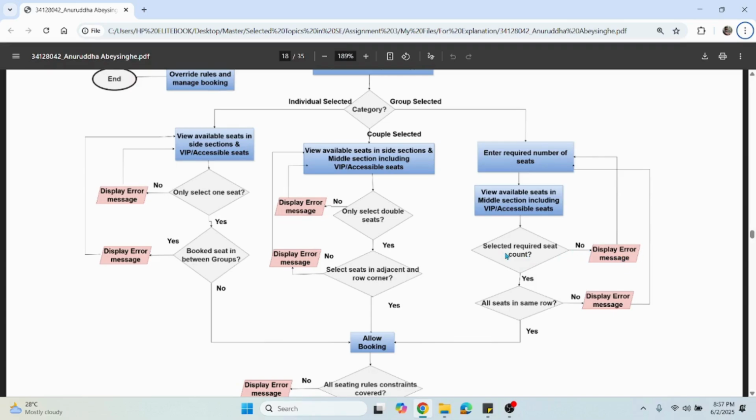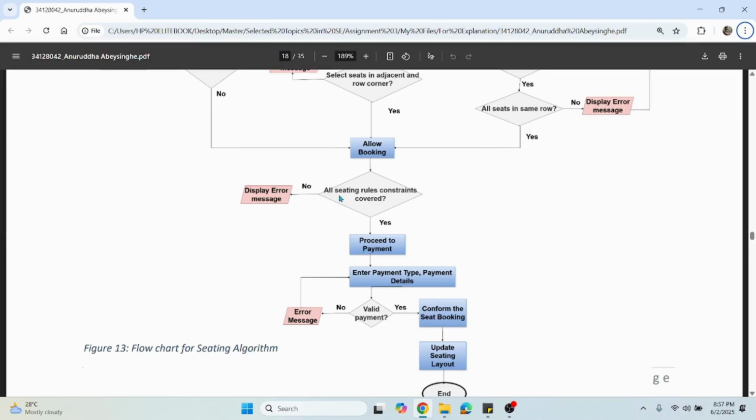And if the user selected the required seat count and proceeds, all the seats need to be in the same row. If the user selected seats in multiple rows, the error message is going to be visible also. And if both constraints are valid, the group category is also allowed booking, and the allowed booking is directed to check finally that all seat rule constraints are covered. If not, it provides the error message,